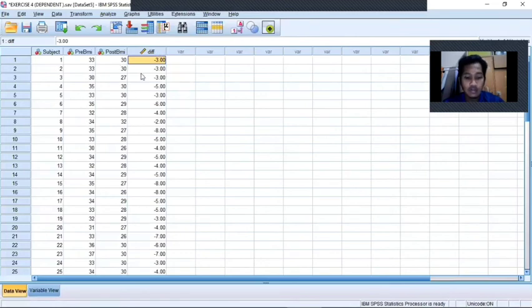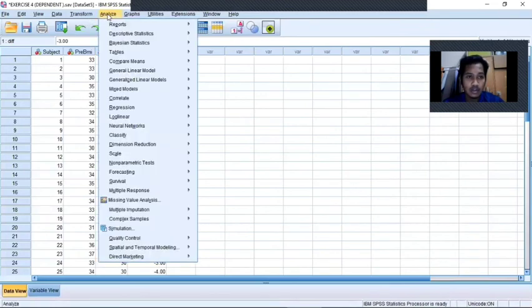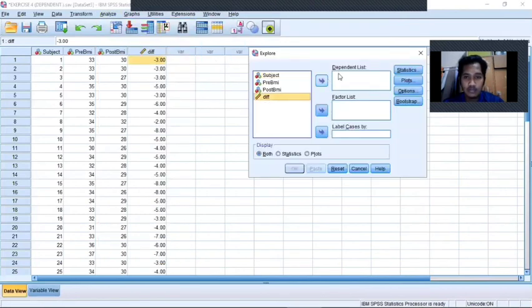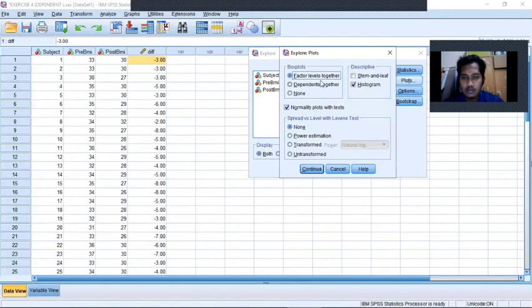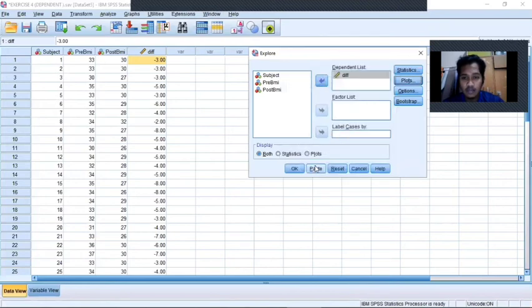And then for the second step, we go through analyze, descriptive, explore. So we put the difference into the dependent list and plots. We click normality to check the normality of the data, and then continue.